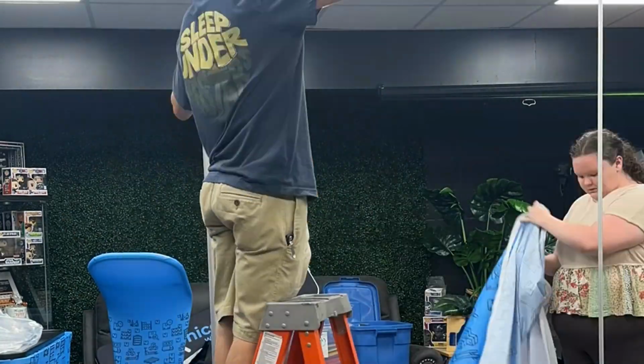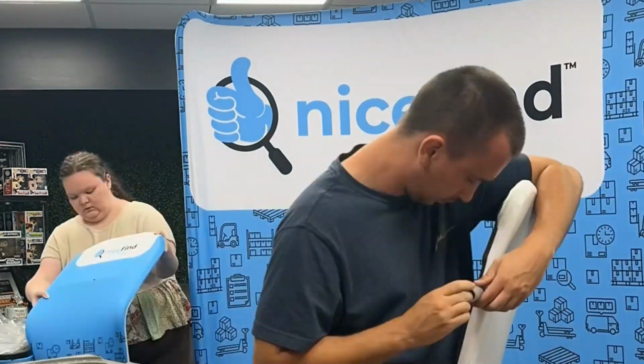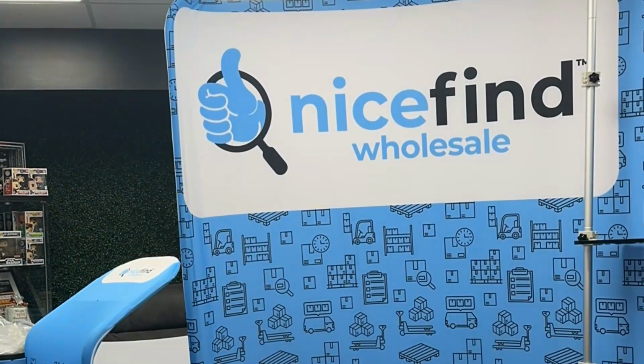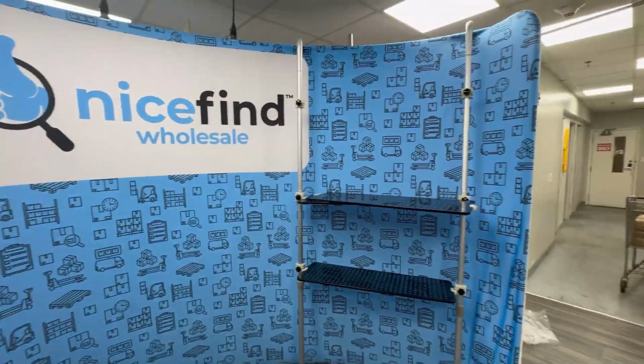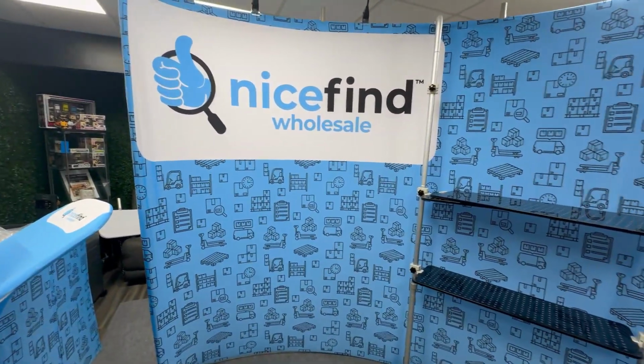Set it up, leave it, see how it looks, get an idea of positioning wise, break it all down, pack it up, and then off to Vegas with it, right? So 75% done. Now we're just gonna see how we're gonna set it up at the show. So once we get all that set up and know where we want to put it, and then pack it,